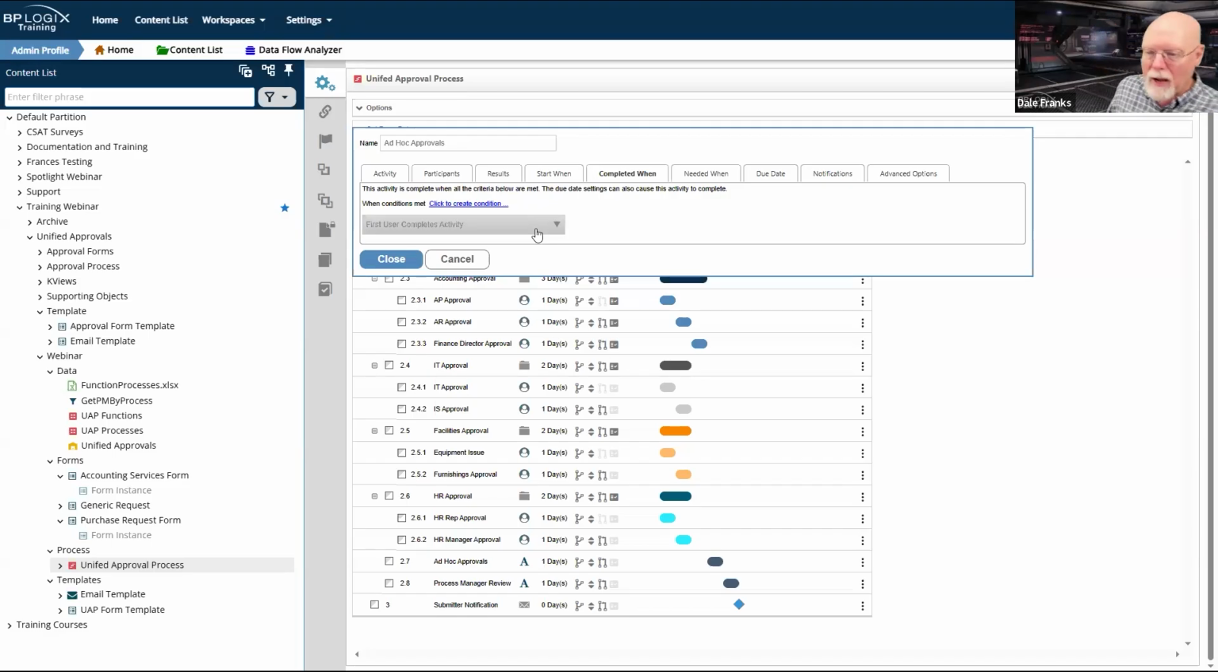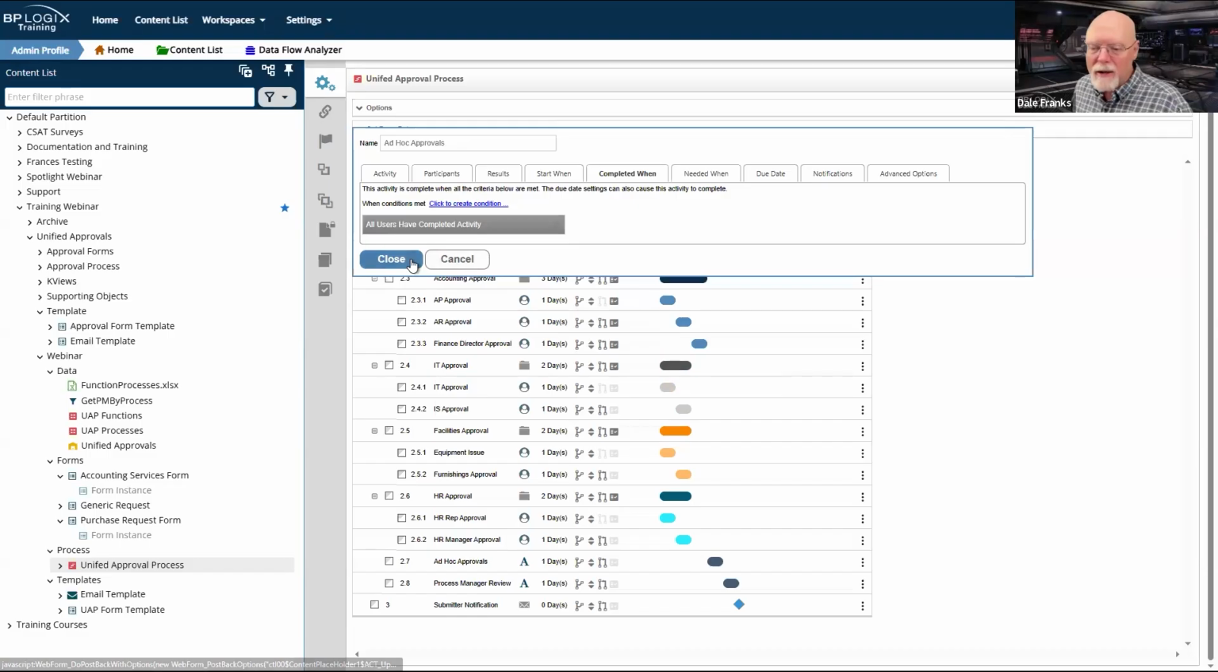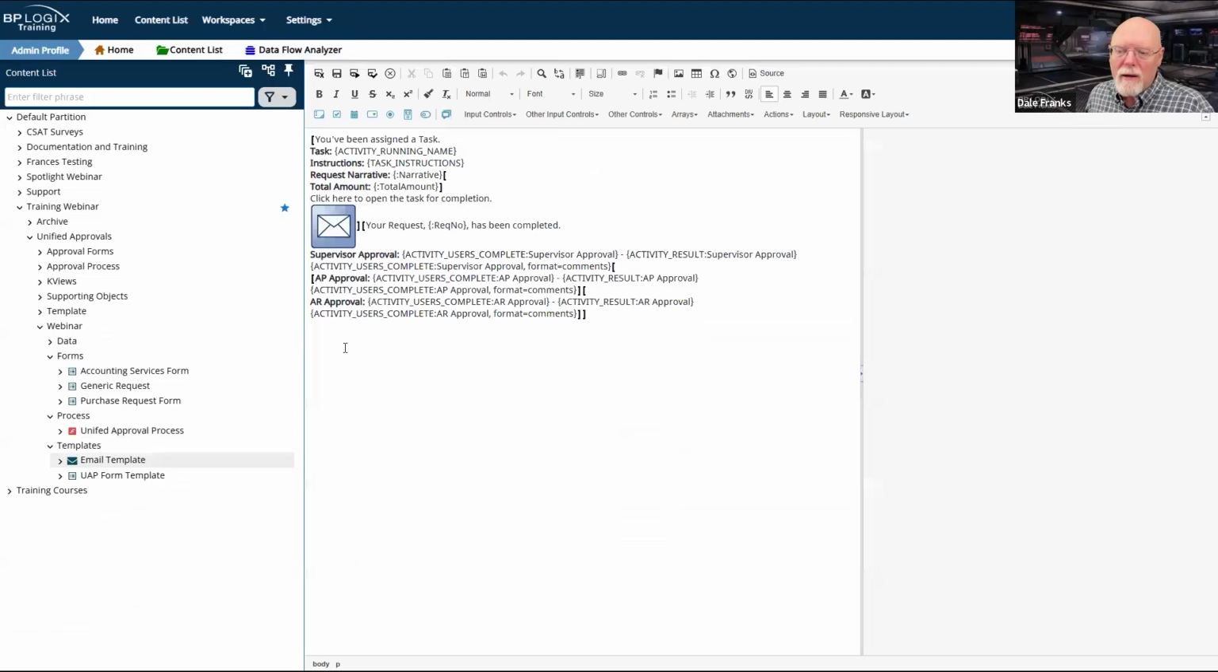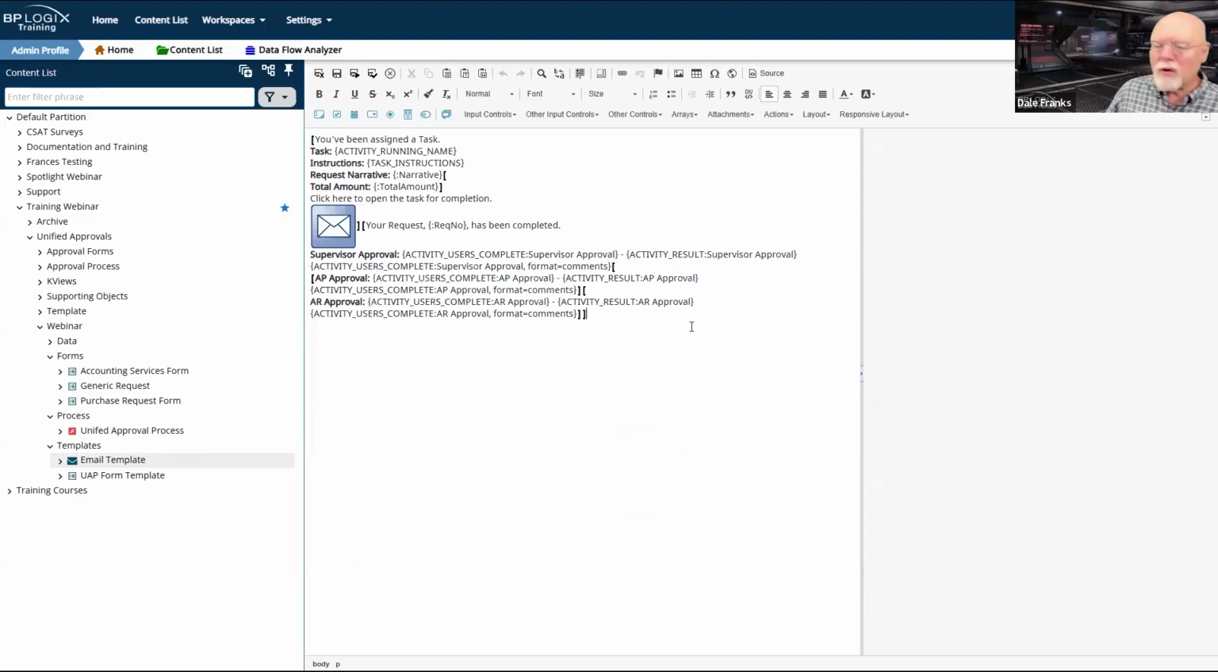So this is not problematic. This will work just fine. However, if I switch this to all users have completed activity, that's going to cause me a problem as far as readability goes on my email template, because there's going to be an array of completed users that gets returned. In every other activity, we only have a single user assigned. But when we get to our ad hoc activity,